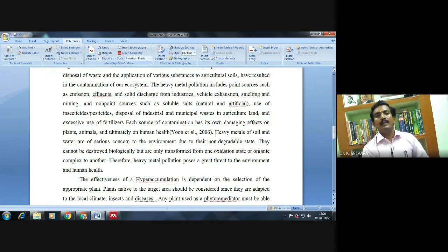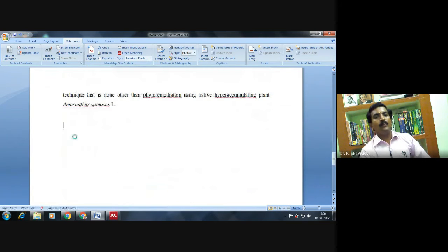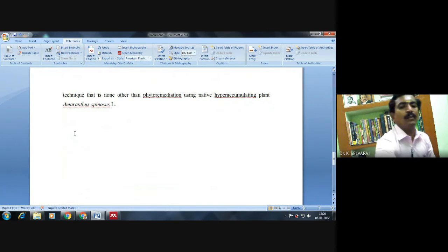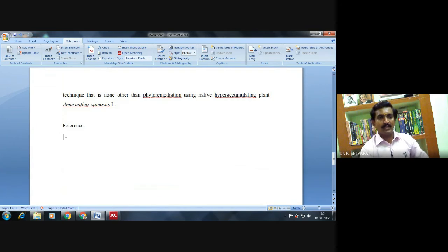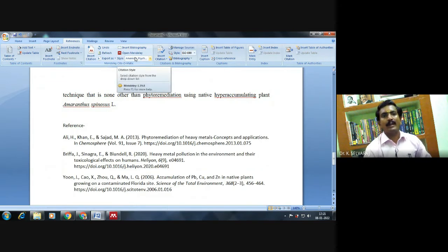Then finally, in the bibliography, I want to conclude the references here. So I just put the cursor here, and in the reference page there is Insert Bibliography. I just click Insert Bibliography. Then the bibliography is there.